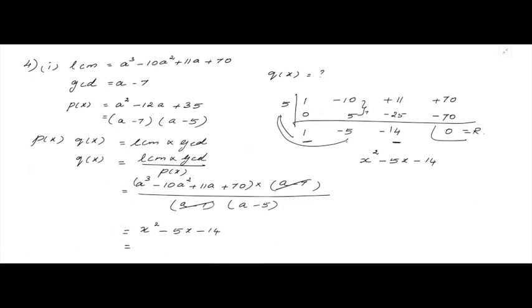See your textbook. What is your answer here? Have they left it as x square minus 5x minus 14? Please check. Here they have factorized again, so we'll factorize it again. So minus 5 and minus 14: minus and plus, 7 twos are 14. So you'll be getting x minus 7 and x plus 2. That will be your q of x.